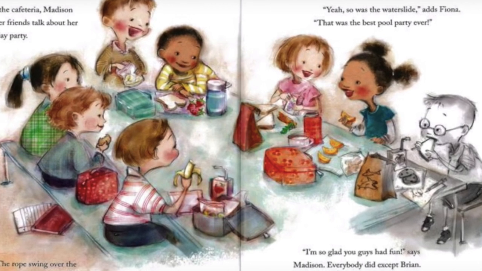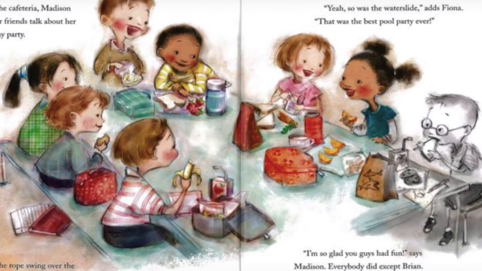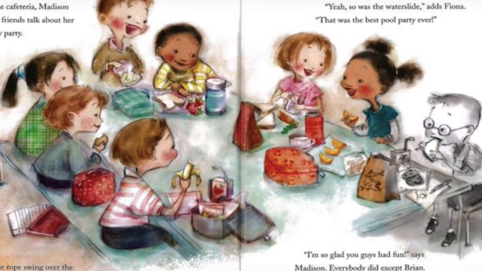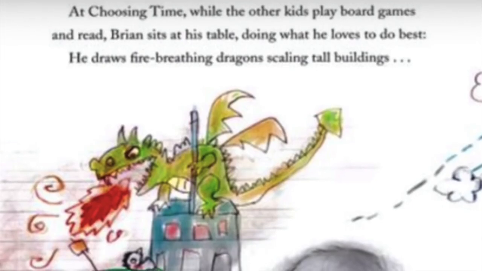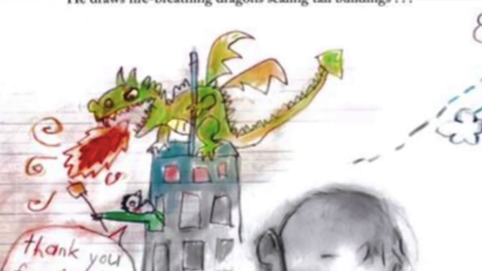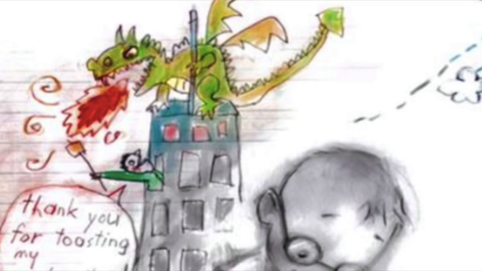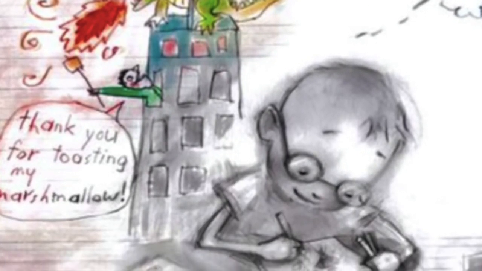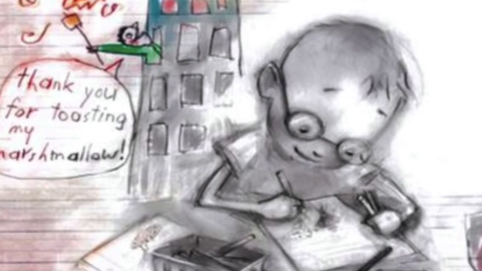Everybody did, except Brian. He wasn't invited. At choosing time while the other kids play board games and read, Brian sits at his table, doing what he loves to do best. He draws fire-breathing dragons scaling tall buildings. Thank you for toasting my